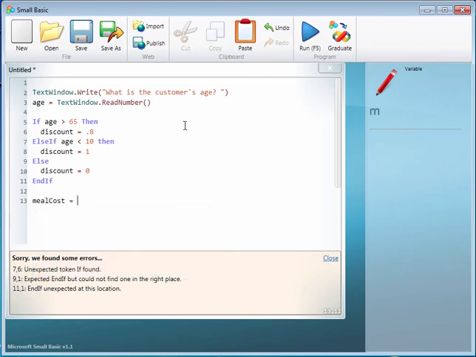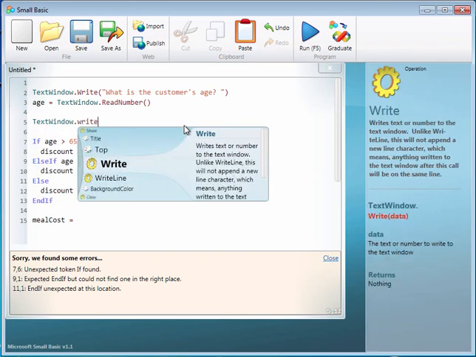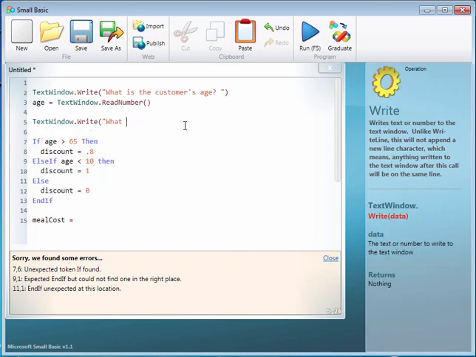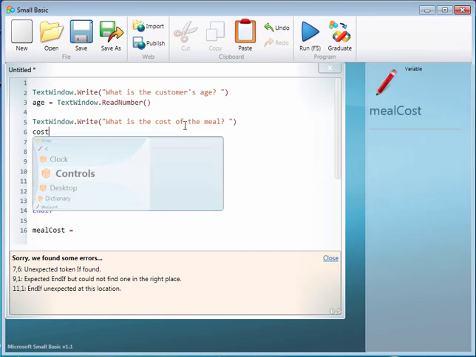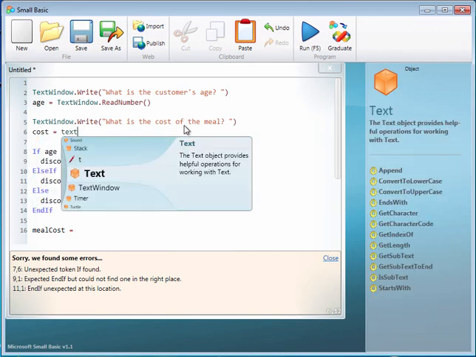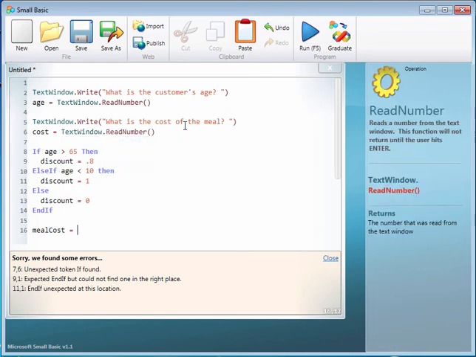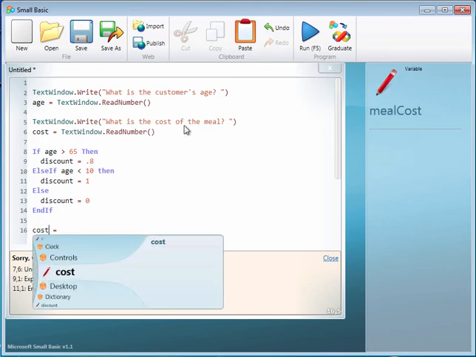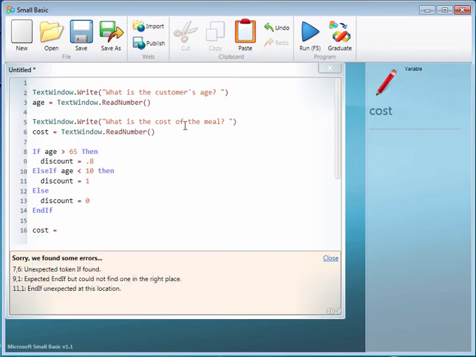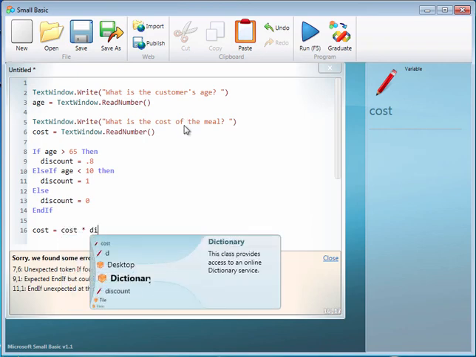The meal cost, we could prompt for that also. We could say, what is the cost of the meal? Again, I'll put read number. And then I'll put cost equals. Now if I take cost and multiply by the discount,